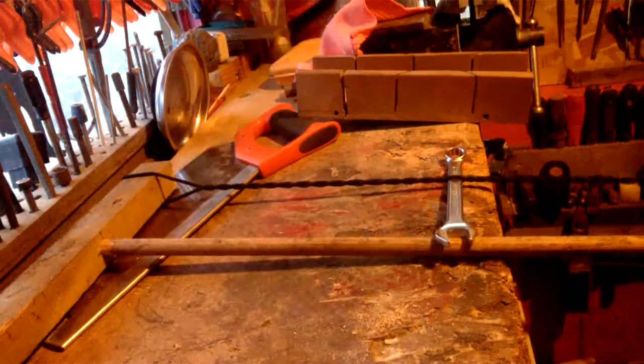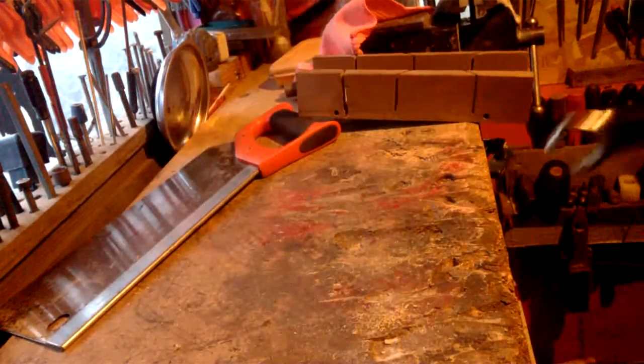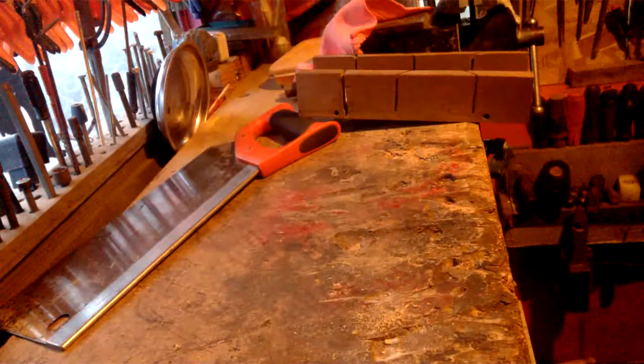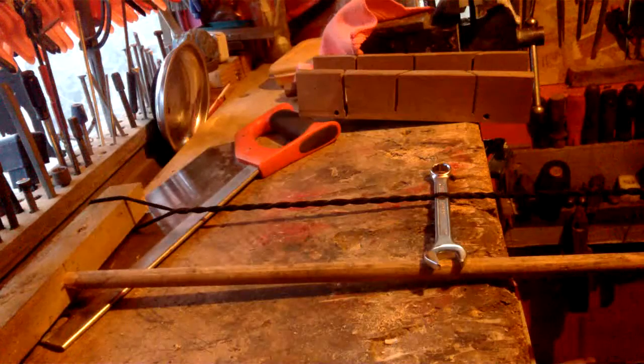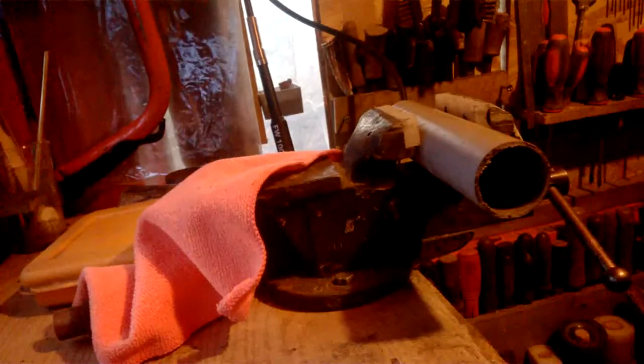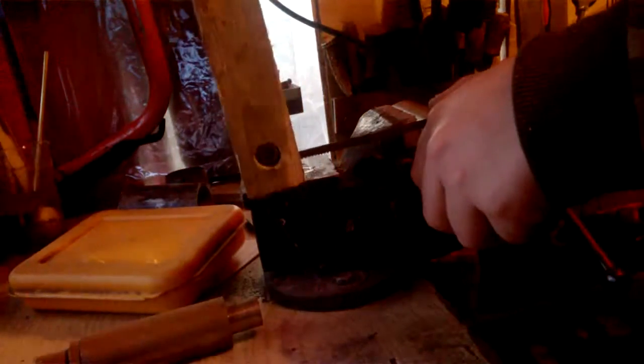So after I put on the saw blades, I added the rope, tightened it with a wrench for now, and let's see how it cuts. Let's start with some PVC pipe to see if the saw works or not. It's a bit big for my shop, but